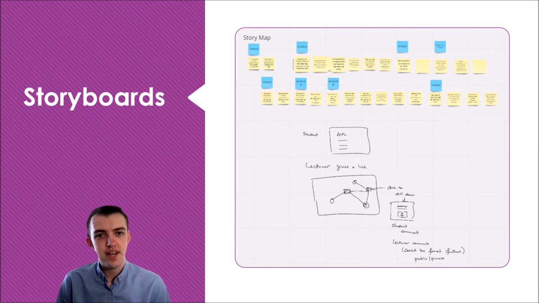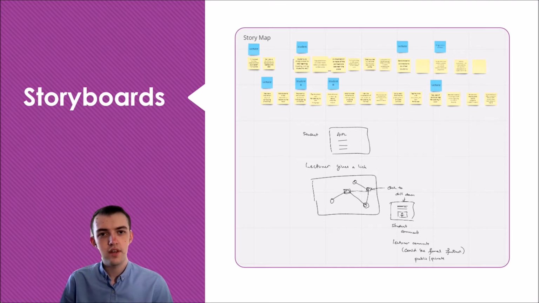Before starting on our project, we had a long meeting with our client in which we discussed some of the storyboards that would be required. And these storyboards are designed to show the whole process from start to finish from each type of user. As you can see in the upper left of the storyboard, we have the perspective of a lecturer, which then moves through to the perspective of different students. We also, towards the bottom of this image, have some of the design concepts that we worked through. And you can see that we chose a graph data structure as a way of displaying those links.